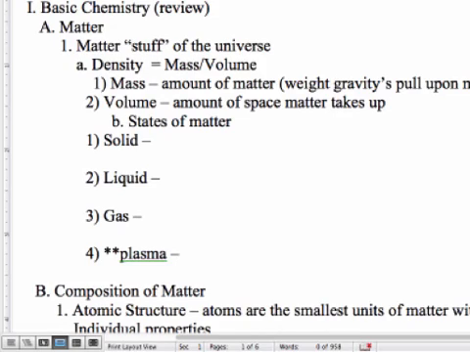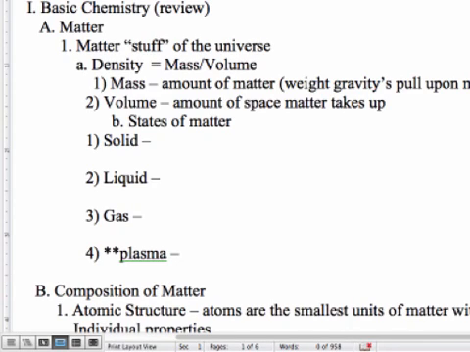And then we have plasma. Plasma is kind of a weird state of matter. In fact, it's a very high energy state of matter. We don't find it in nature by itself in very many places. You find it in the sun or in stars, the corona of a star. You find it in the Van Allen radiation belts. We find it when lightning strikes. And in terms of nature, that's really about it. However, there are a lot of man-made uses of plasma. We can talk about fluorescent light bulbs, for example. That's plasma, because we super excite the electrons in that gas, and that is why it gives off light. Neon, same thing.